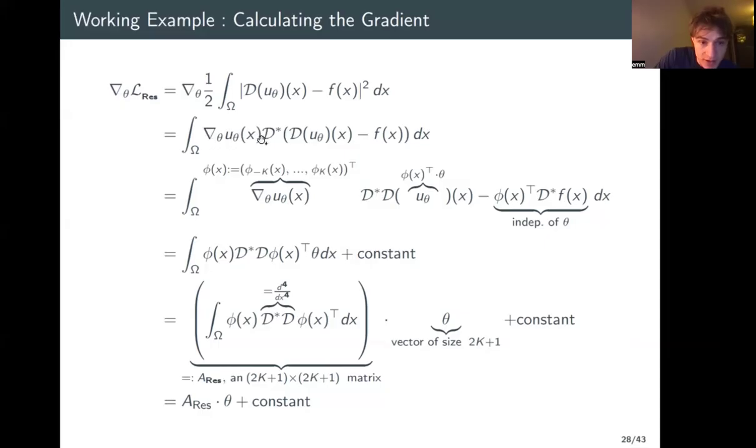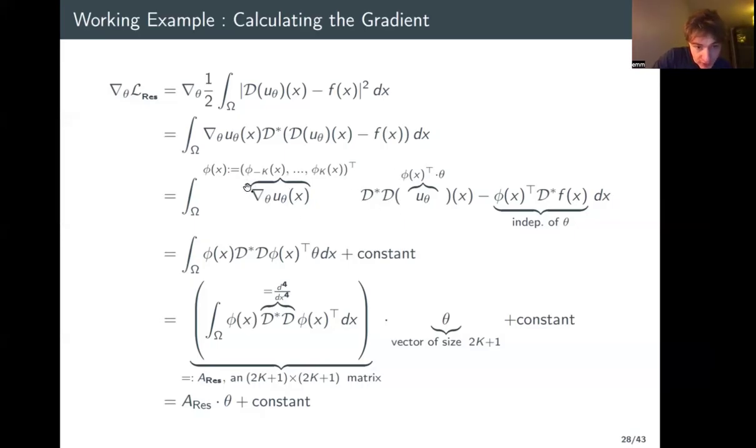So we're going to have the gradient of u theta applied to d star here, and this d star is going to be the adjoint of d, like in the finite dimensional case where d actually corresponds to a matrix that's applied to u. Then when you're taking the gradient of that, you're going to have this A transpose A, and this is exactly the same thing in this infinite dimensional context. Okay, so like I said, we're going to have this d star d, which is going to be very important.